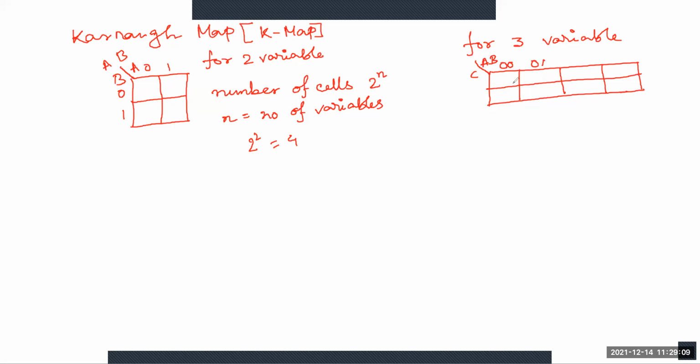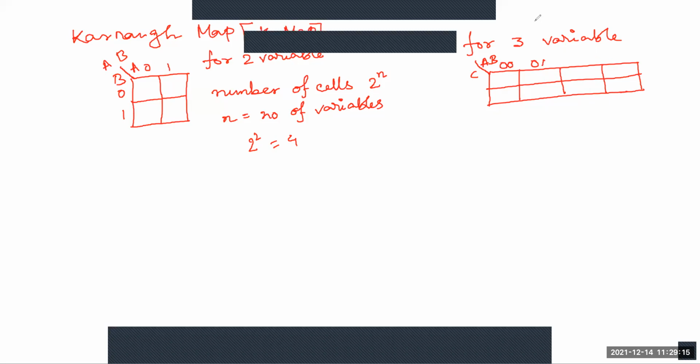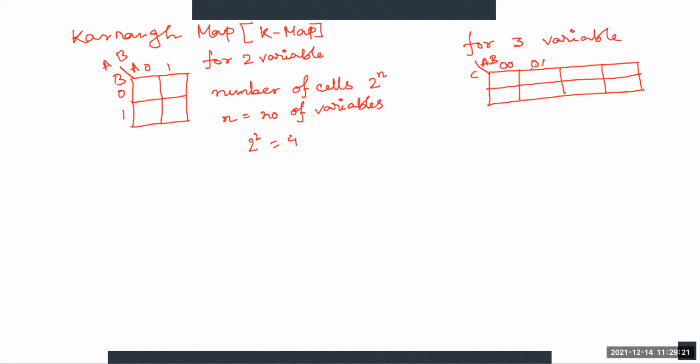But for the case of Karnaugh map, always remember here this is 0 0, this is 0 1, this is 1 1, and this is 1 0. And here this is one variable C, so this is 0 and 1. This is the horizontal shape.